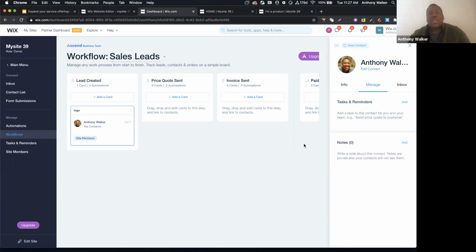Christy brings up a really good point here. What if you have a contact that's maybe in multiple buckets? Can you have the same contact on more than one card? You can't have the same contact on more than one card, because a card is only one contact. However, you could have multiple workflows that the card is in. So maybe this workflow is my sales leads, my sales cycle, from open to close. And then closed,